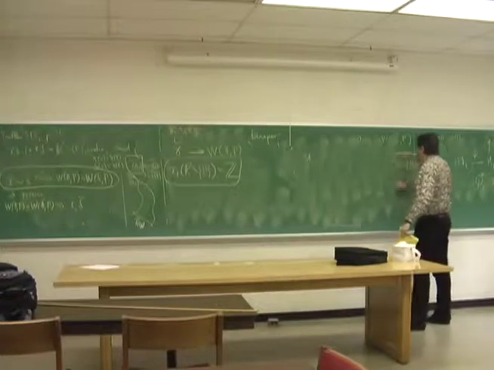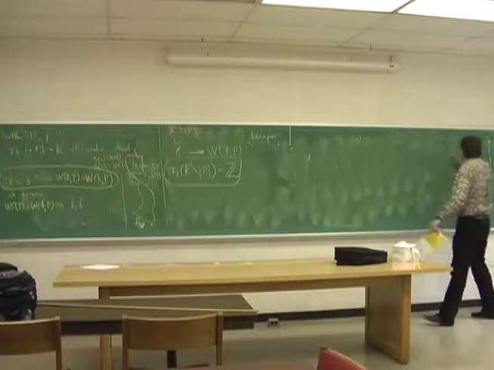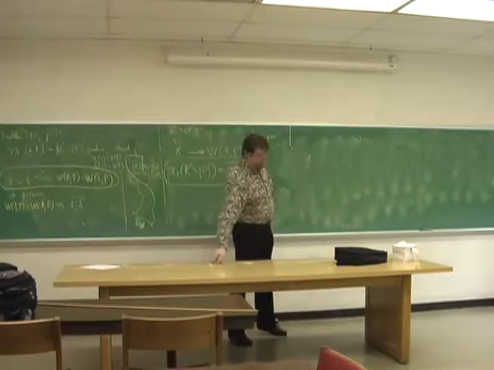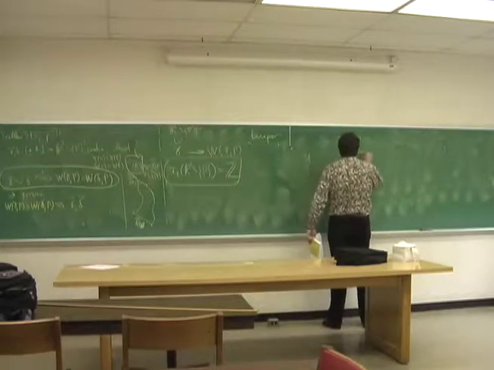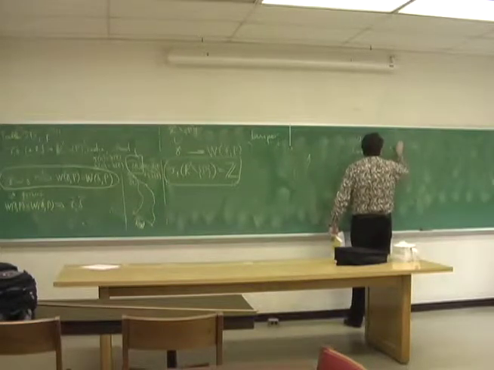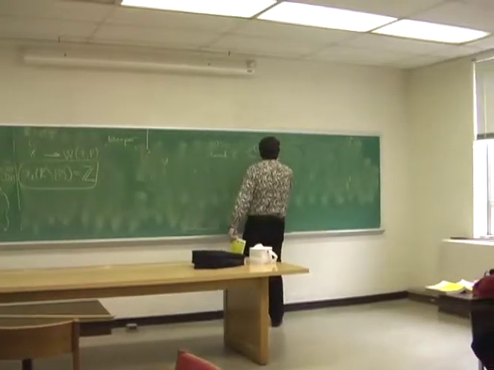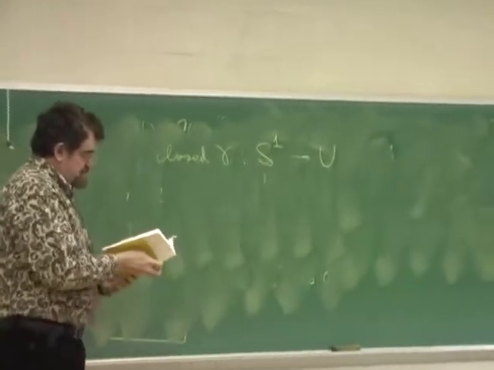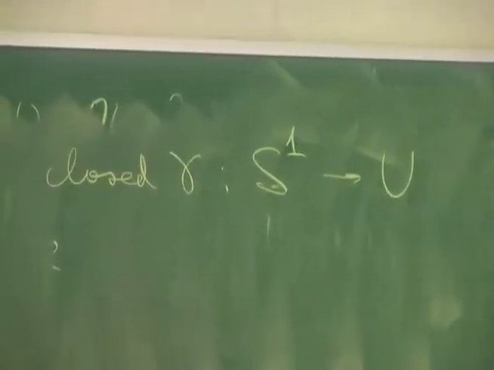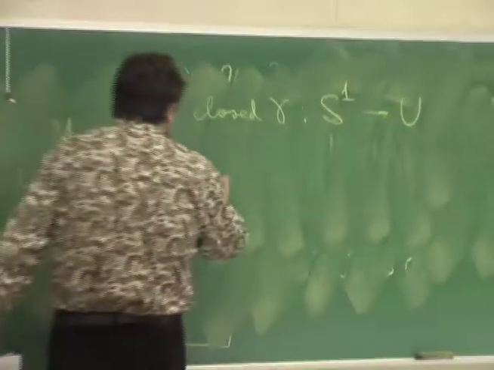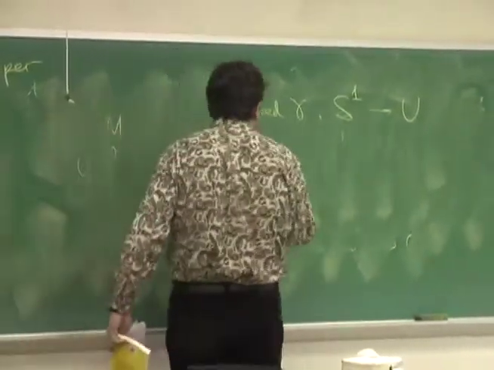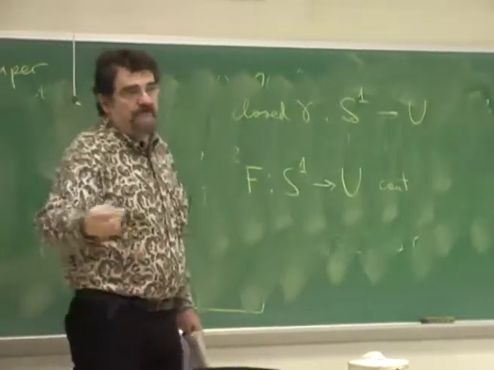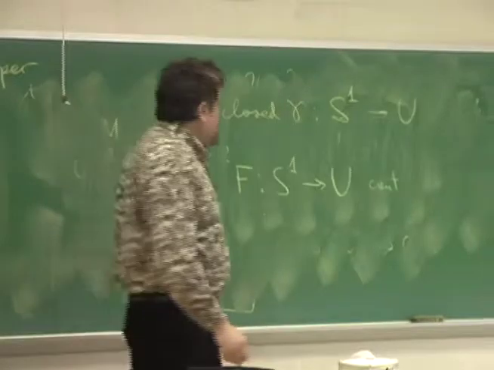So now we are going to be concerned mostly with closed paths. And as I have already explained, a closed path gamma is a continuous mapping from S1 to U. Now imagine that we have any continuous mapping from S1 to U. We can treat it as a closed curve, correct? And then we can denote